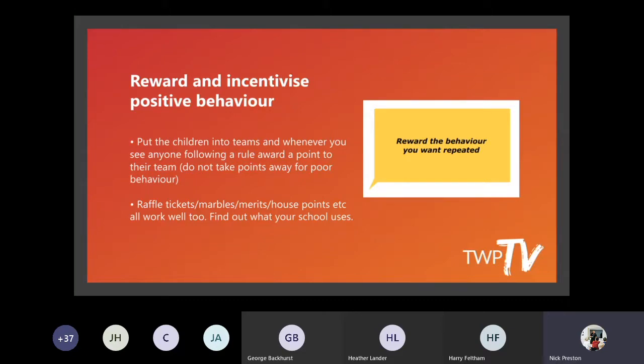Now let's take that away. Most schools now, which you should be asking about when you go into a school, will have positive reinforcement behaviour plans. They will be there to reward, if you get raffle tickets, if you get marbles, if you get merits, if you get house points, if you get Class Dojo points, but it's for doing something well. It's not, sorry, you lose time now.